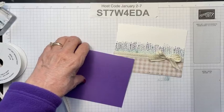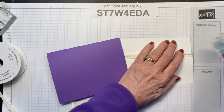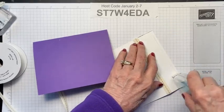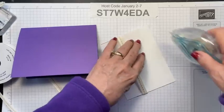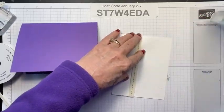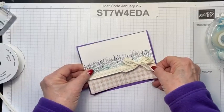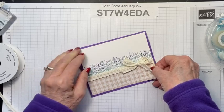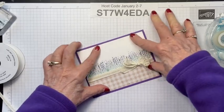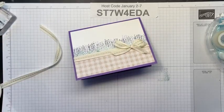Now let's go ahead and put it on our gorgeous grape card base. A little bit tricky with the ribbon on it and the bow, but definitely doable. I could have tied it around the whole card, I guess. That probably would have been a little bit simpler. Let's go ahead and go down like this, just kind of centering it all around all four sides, like so. Then, let's go ahead and